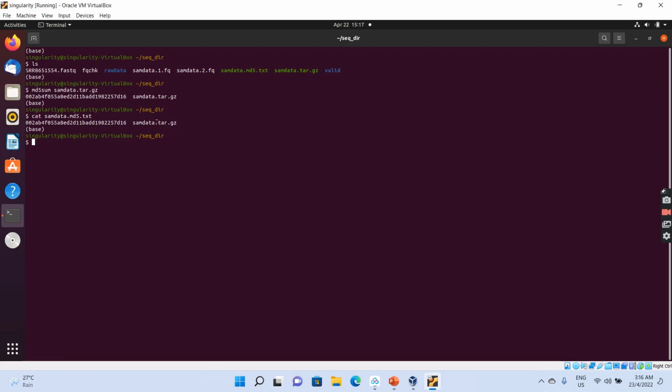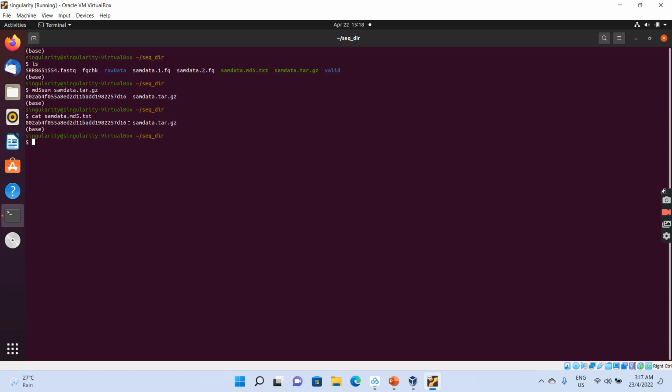If the sequencing data have been downloaded completely and without any loss of data, which means that the integrity of the sequencing data is guaranteed, you'll find that the MD5 sum value calculated by yourself and the MD5 sum value provided by the sequencing service provider will be identical. If these two MD5 values are not identical, this means that somehow